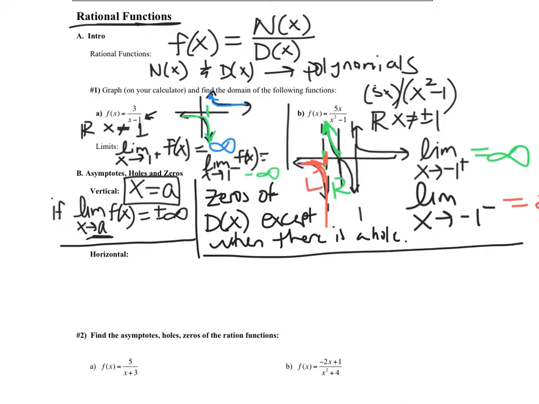Okay? All right, so we'll do some examples and it'll be much more clear in just a minute. Now let's talk about horizontal asymptotes. Horizontal asymptotes are going to be y equals b. Y equals a constant b. And with horizontal asymptotes, there are 3 cases that can happen, okay? And it has to do with the degree of the denominator and the degree of the numerator. The way that you find horizontal asymptotes is you take the limit of your function as x goes out to